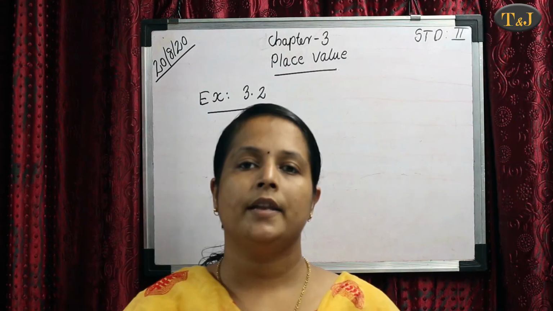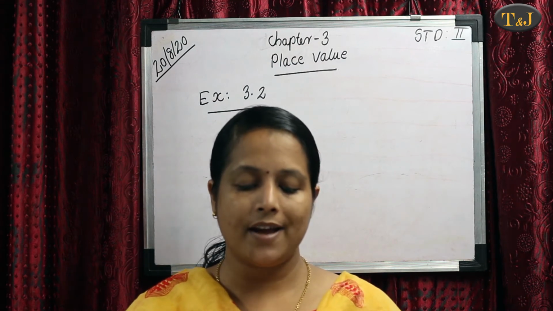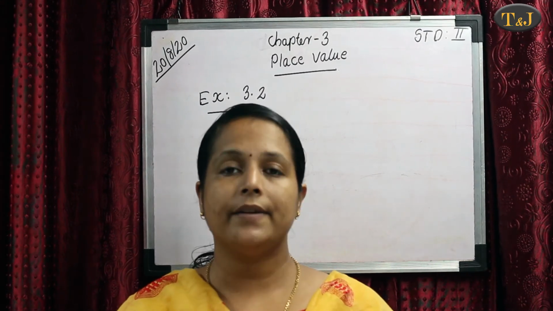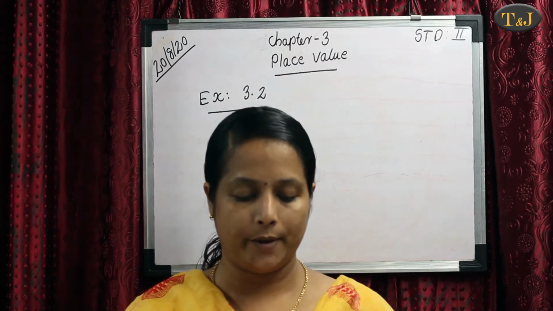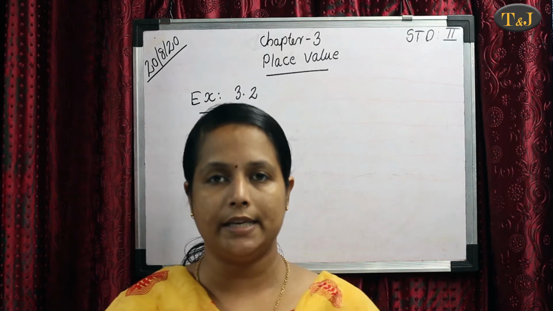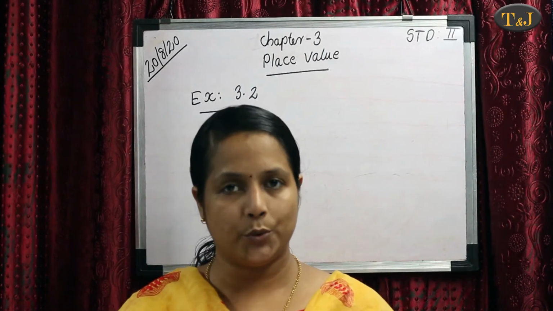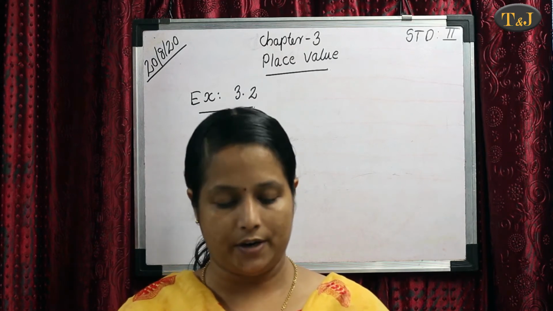Okay. Next we are discussing exercise 3.1. Write the place value of each digit. One has been done for you. That means the given number is 27. We already know how to do that problem. First we identify the places of this digit. Then 7 is in which place? 7 is in ones place and 2 is in tens place. So we write 2 tens, 7 ones. Okay.